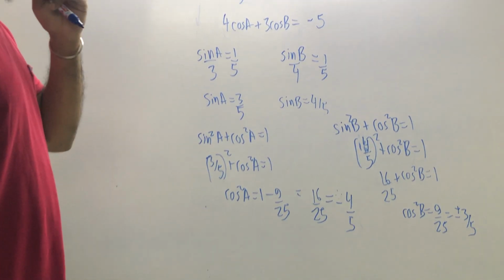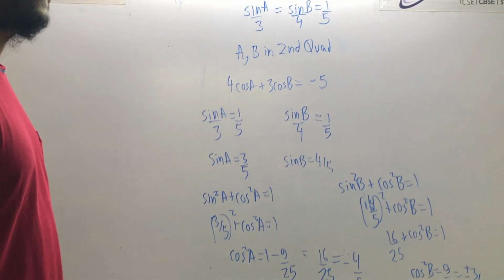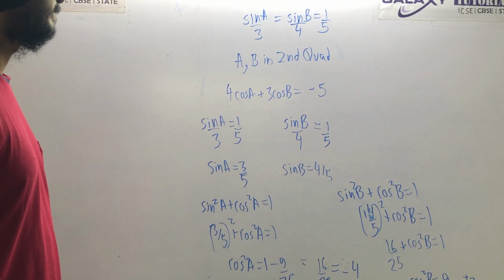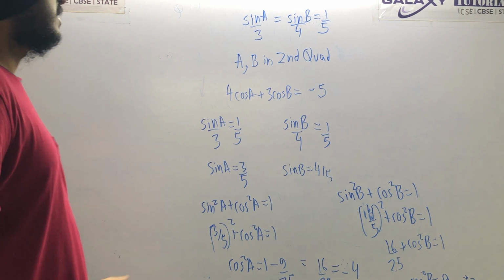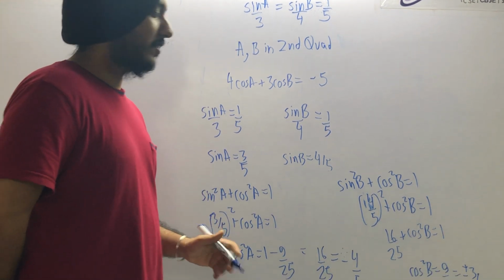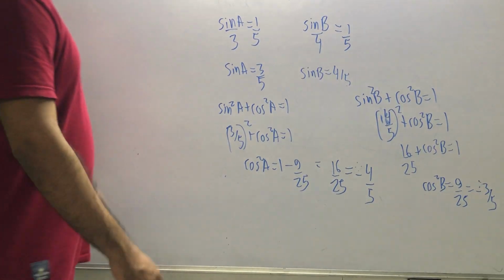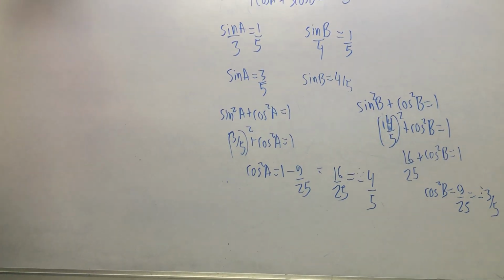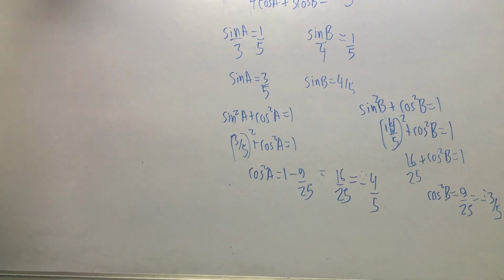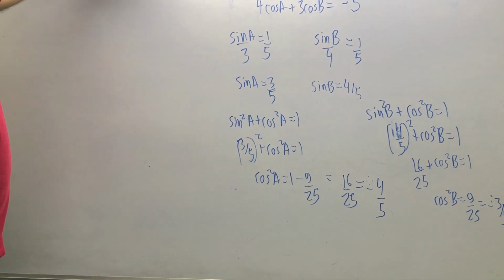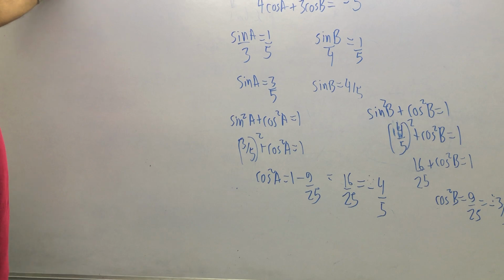So here also two possibilities arise, plus or minus. Which value will you take? You will take the negative value. Why? Because in the second quadrant cos is always negative. So cos B is minus 3 by 5. Okay, I will write the values of cos A, cos B here before rubbing. Next one is